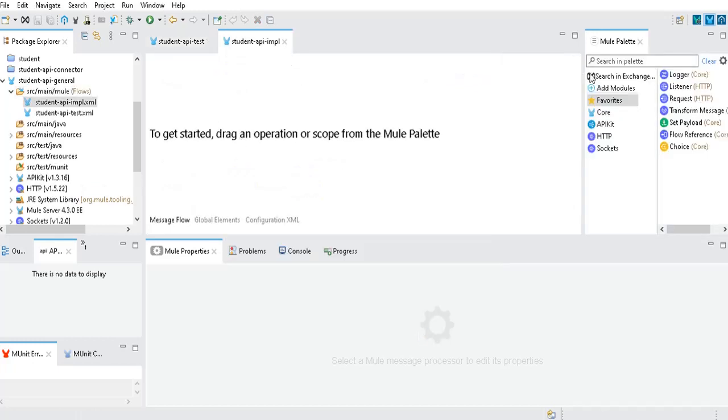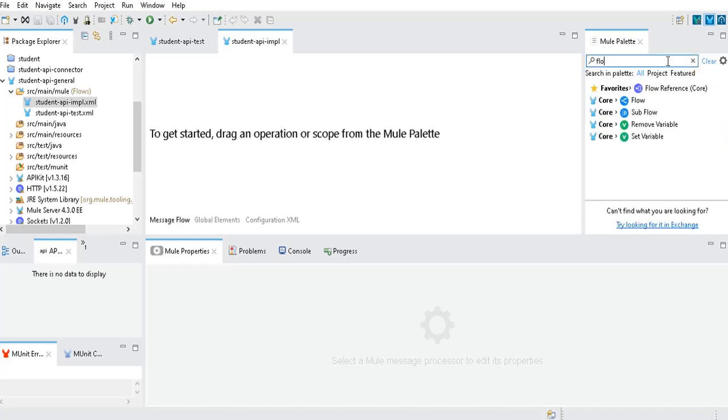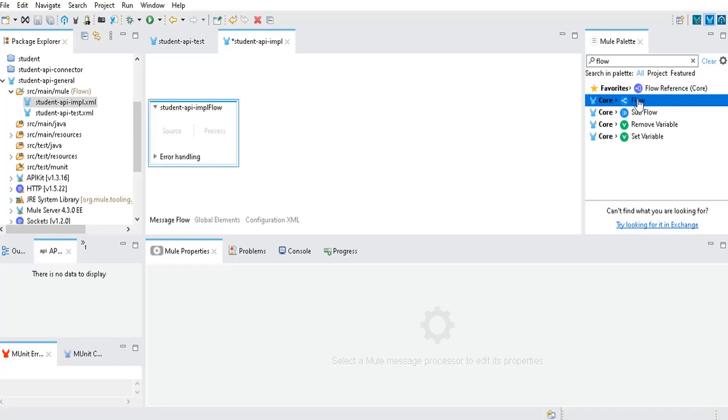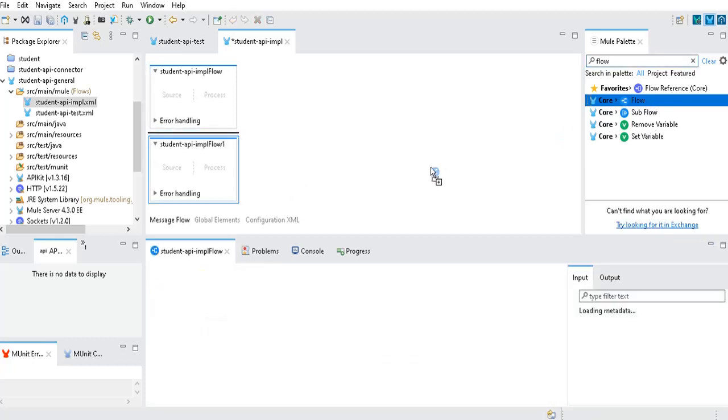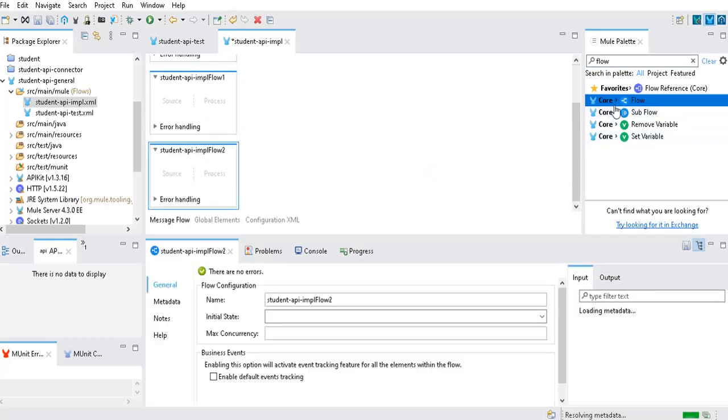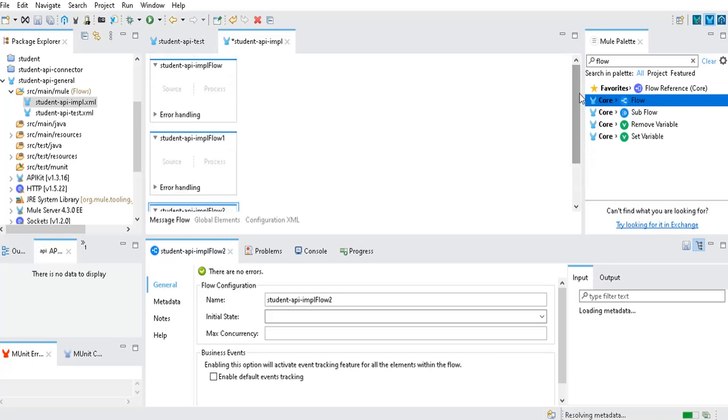So here for each and every resource, we are going to create an implementation. Maybe in the same configuration file or any other configuration file. But we are going to do these implementation flows in a separate manner. And then we will invoke that, right? For now, I have 5 resources, but I will create just 3 resources, 3 flows. Okay. So get students flow. Yes, this is for demo purpose.